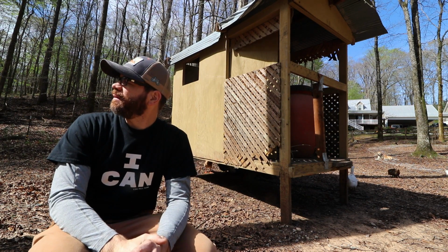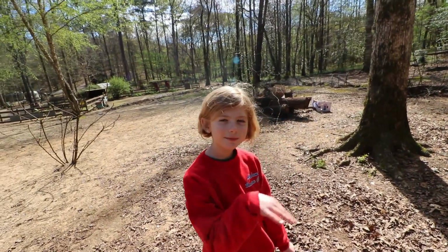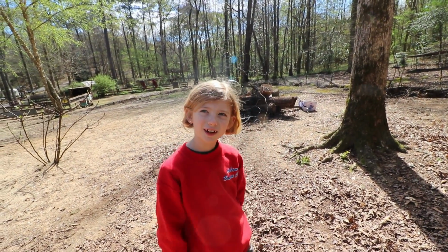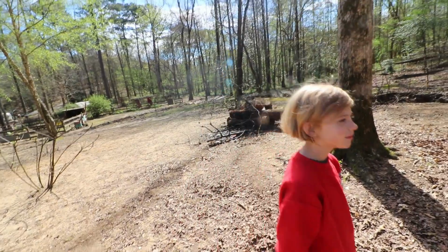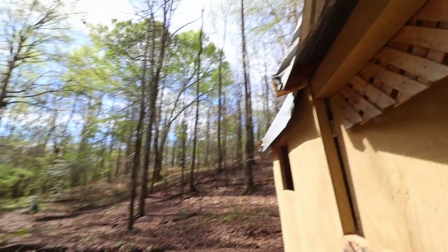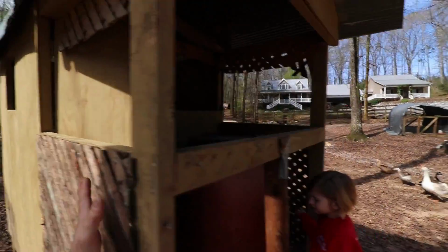And what do you want to put in it? The Bantams. Maybe like the old one that we had, put a little run around it. Yeah, we're gonna put a run around it for sure. And it's got a spot up here, but of course we gotta replace the roof. That's no big deal. But all in all, it's in great shape for a chicken coop, and we can paint